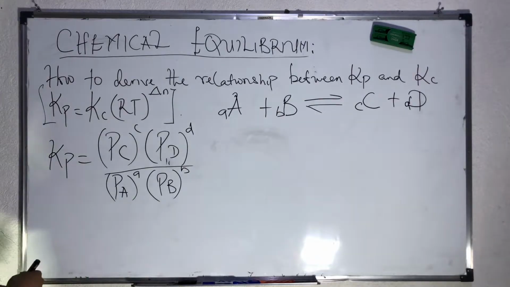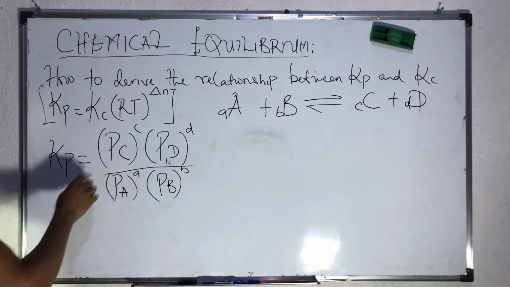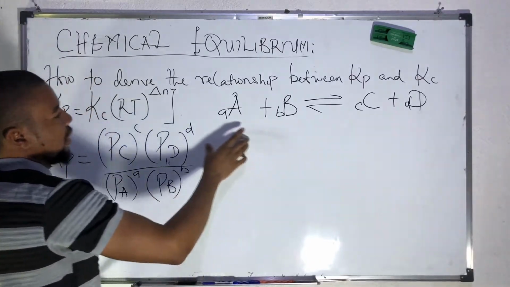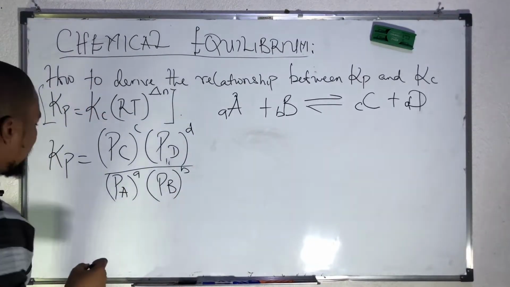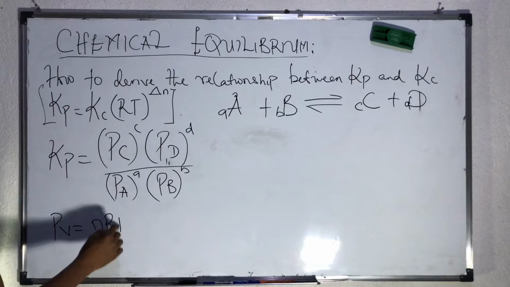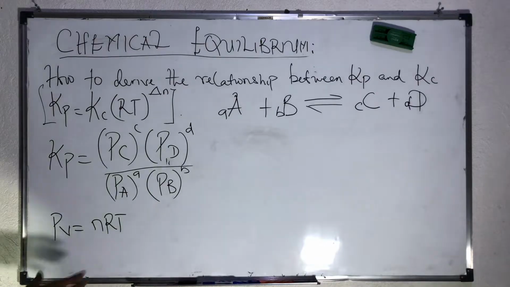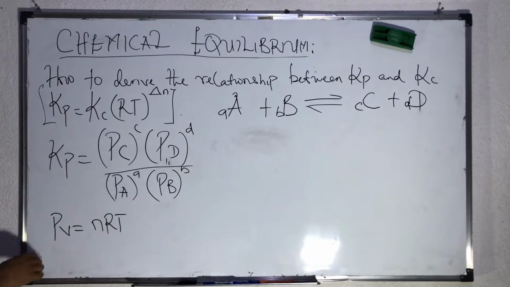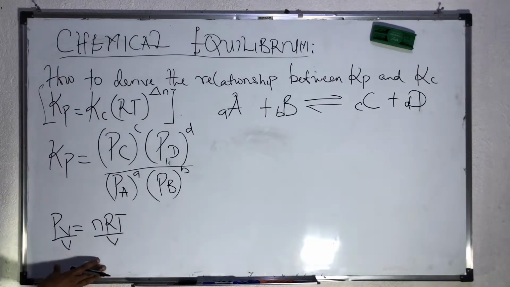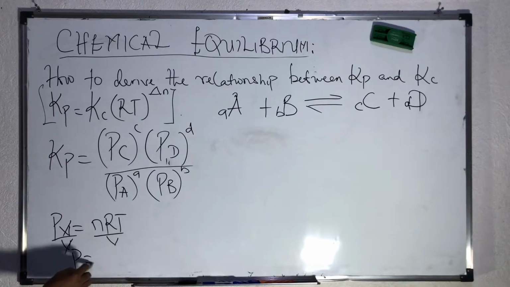Now, the next thing that we're going to do is to derive an expression for pressure from the ideal gas equation. So we assume that these are gases, right? Now let's go to the ideal gas equation. Here we have that PV is equal to nRT. At this point, we're going to make P the subject of the formula by dividing both sides by V. If we divide both sides by V, the V cancels out with the V. We're left with P equals